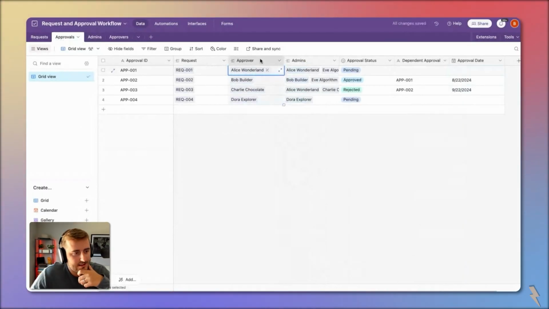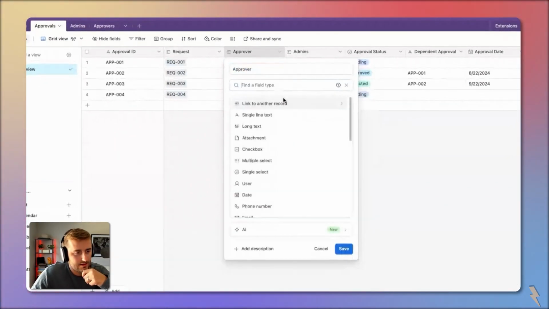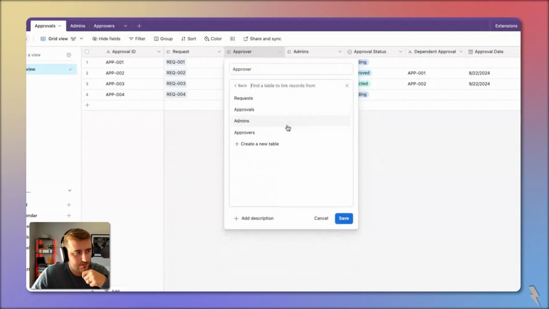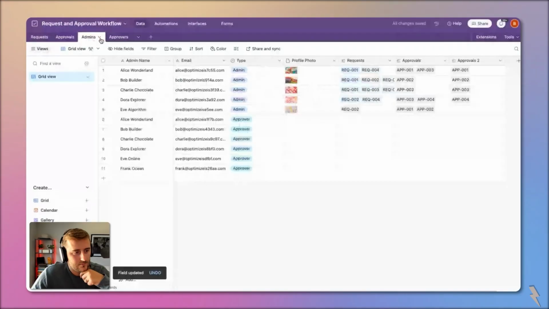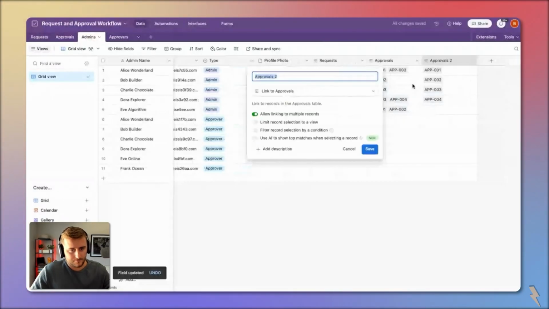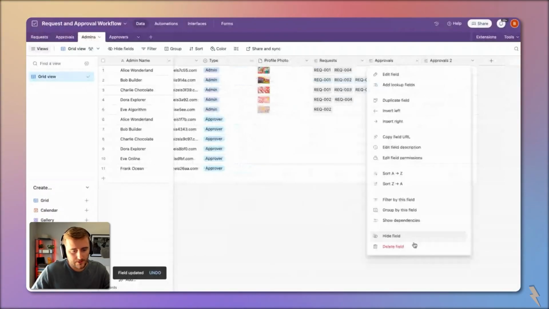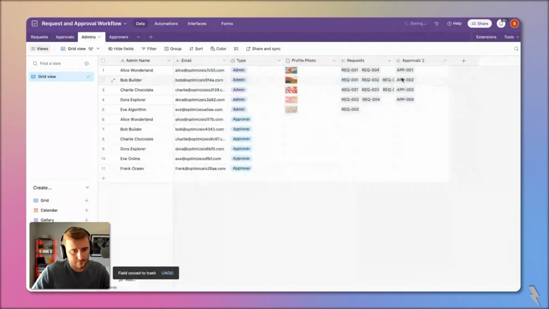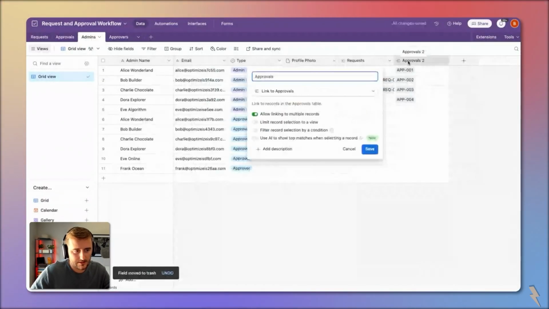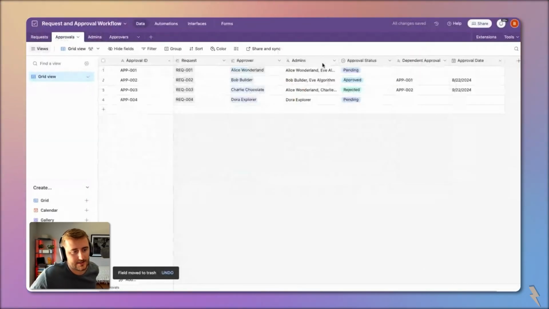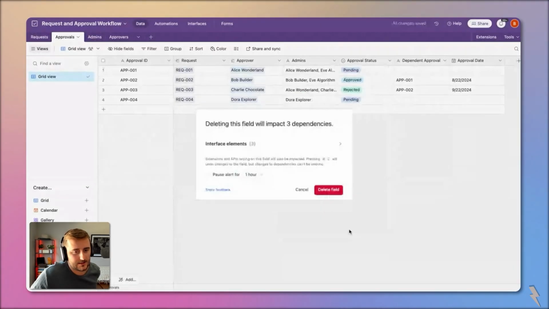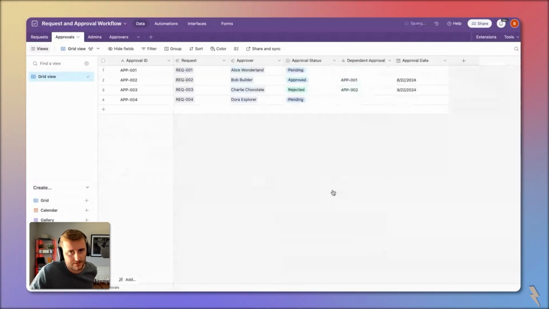I'm curious why approvals links to both admins and approver. I don't think we need that linked record to admins. So I'm going to delete this one here. That's going to mess up some interfaces. Usually this is the way that I go about it, is I come and clean up the database side of it and then go back to the interface, because I need to clean up anything that was not right on